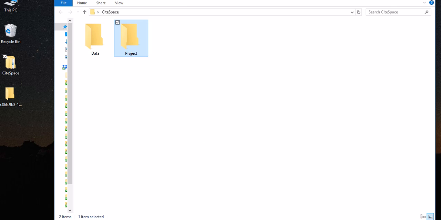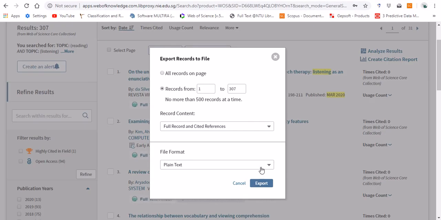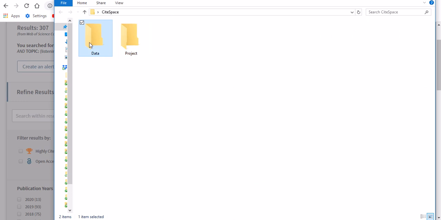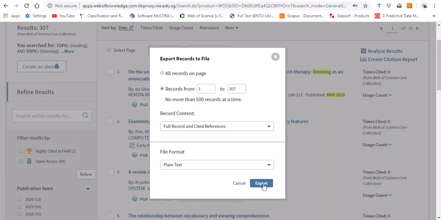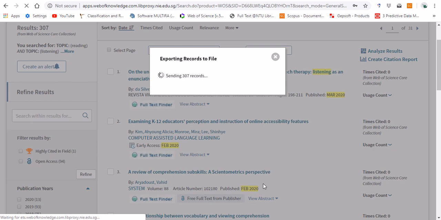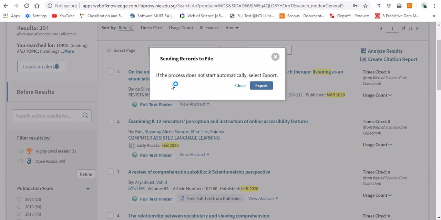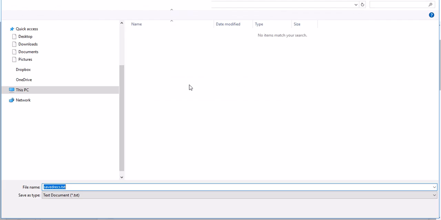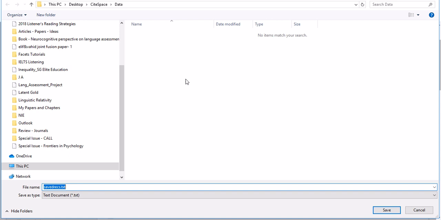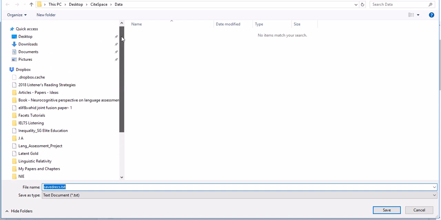So what I'm going to do is to export the data from the Web of Science into this data file. And that's really easy, very standard Windows operation that you often do when you save something. So it's asking me if the process does not start automatically, which it just started. It was asking, if it's not going to start automatically, you have to click the option that was provided. Now I can actually save it, or I can change the name here, because anyway you have to do this to download, underline something, for example